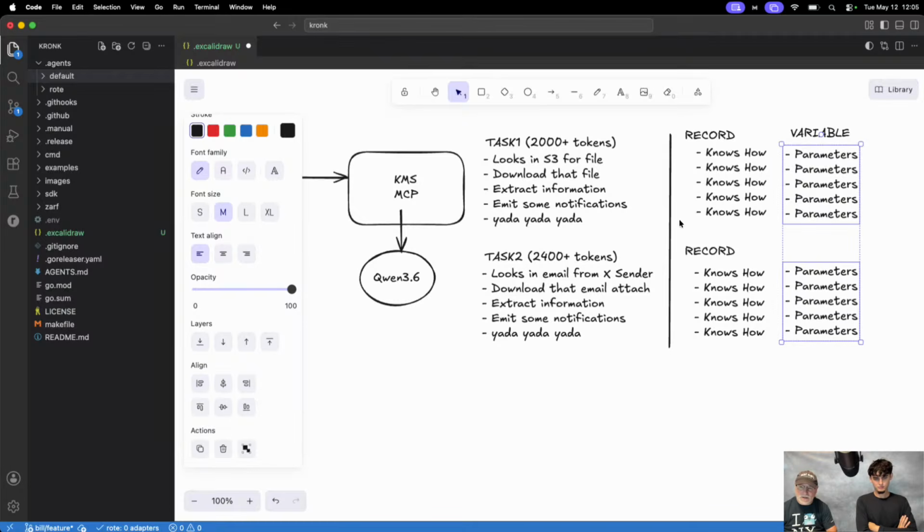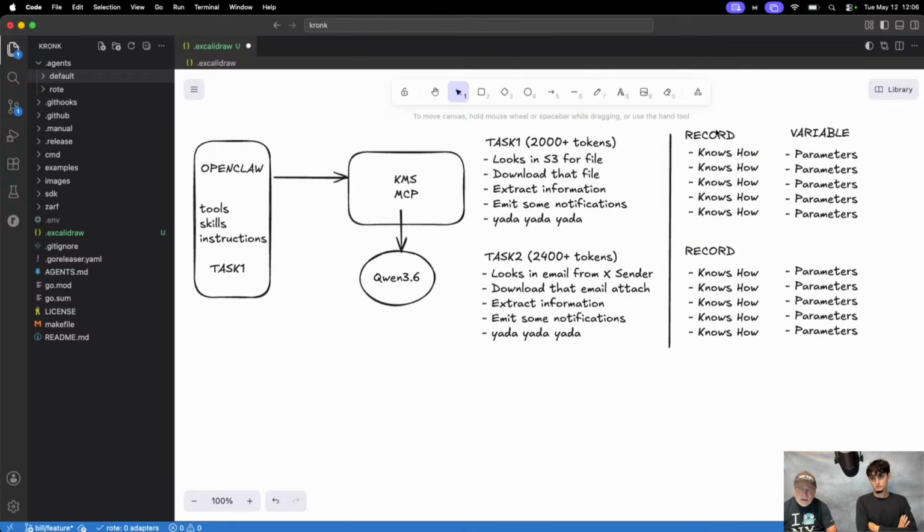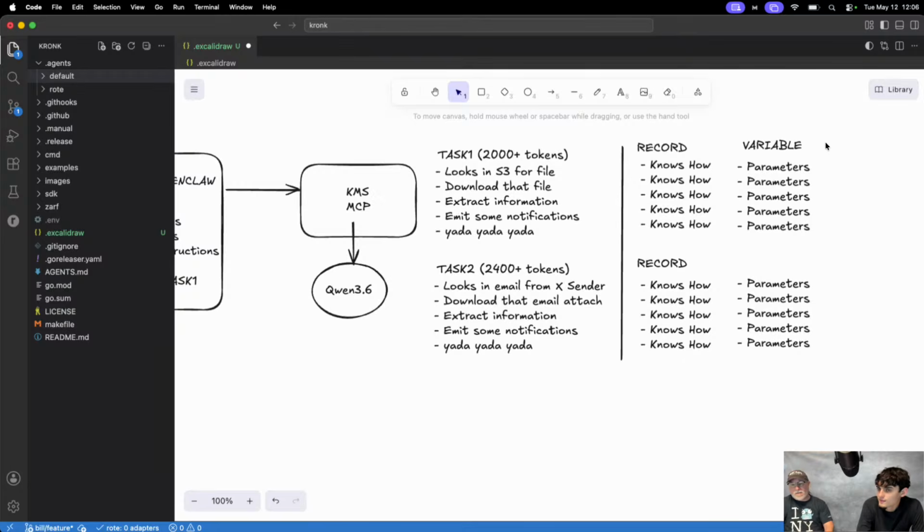Now, think about what I'm trying to show you here. If we're able to record this part of what the model's already figured out, then the model doesn't have to figure this out anymore. All the model now needs to be given is: I need to do this, what parameters should I use? It takes half of it away. And there's other things too, because there are access tokens and all these things I might need.